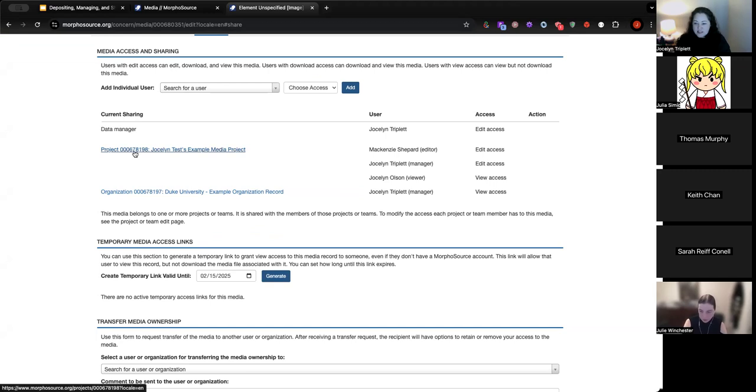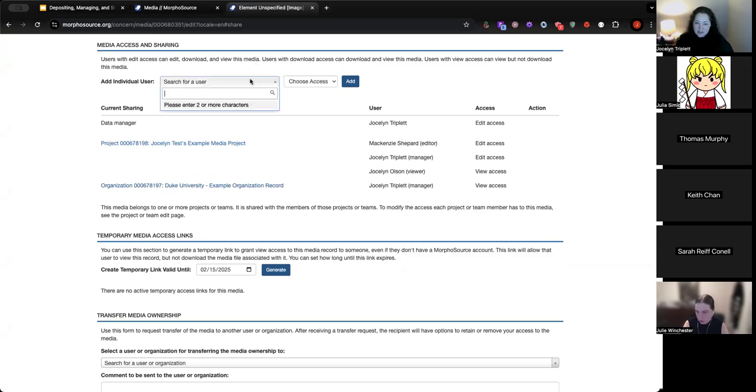This has been added to a project, and so the people that are members of that project also have access to this. The media can only be added to another project or team if the person adding it has edit access to the media. Because the scan represents an object from this organization, that organization automatically has view access. So if someone outside of your organization uploads a media file, you'd be able to see that it's existing in the system too. I can share with an individual